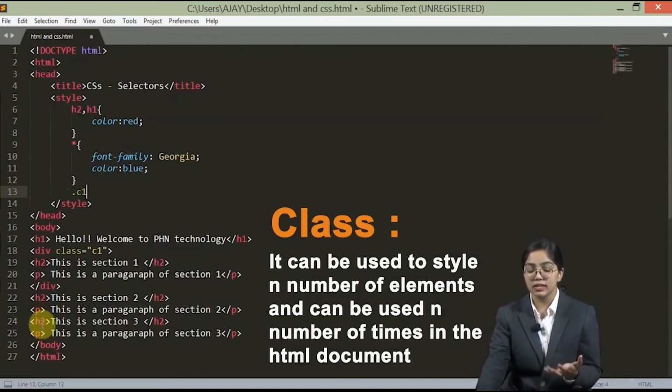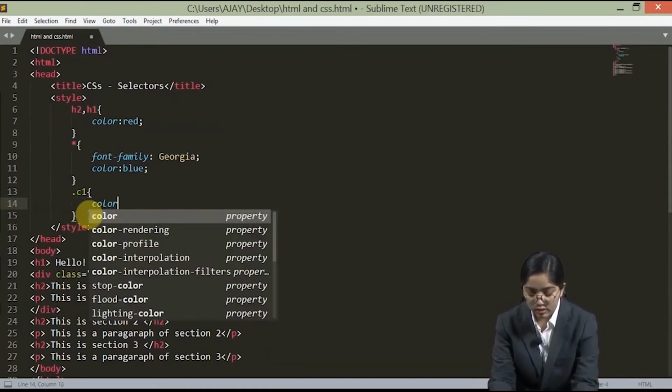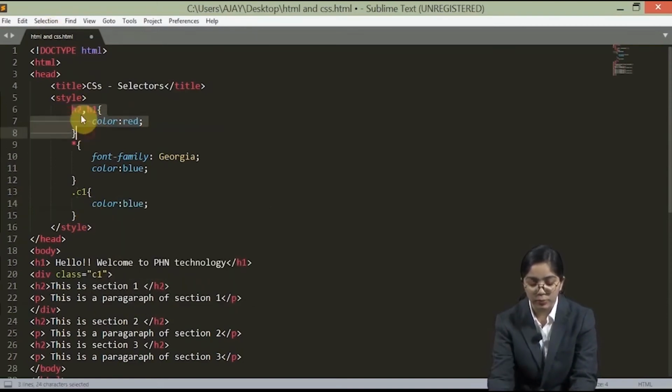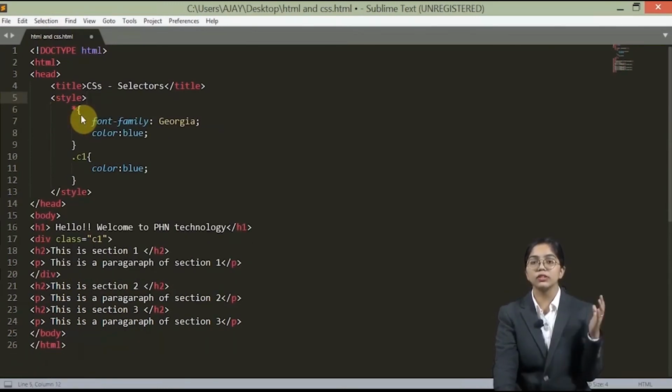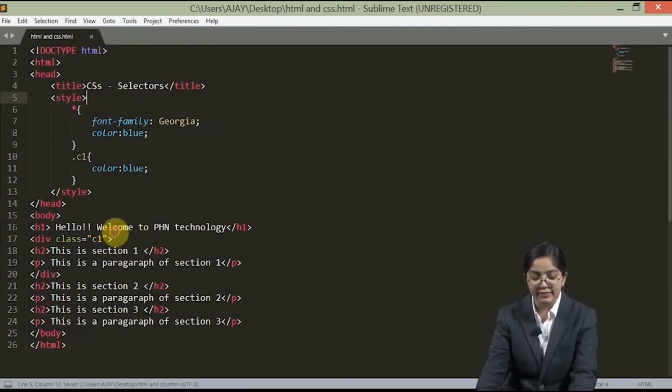Now what do I mean by case sensitive? That if you enter a capital C here and a small c here while calling it and giving it styling, it would not recognize the class, okay. So remember the numbers or the characters you are particularly using. So let's just give it as color blue. Let's just remove this H2, H1 grouping because we need to see the relation between the 5 selectors in the next tutorial, okay. So class C1 I have given and I have called it and given it color. Let's just give it color green, okay.